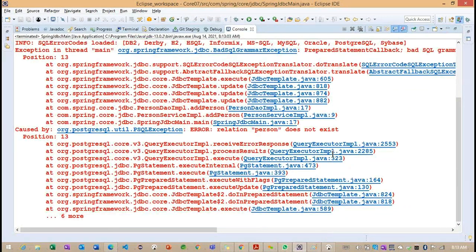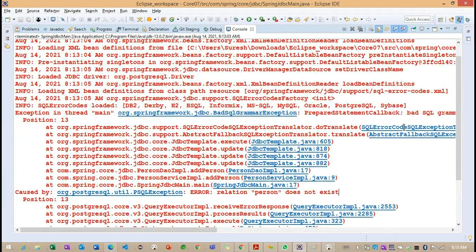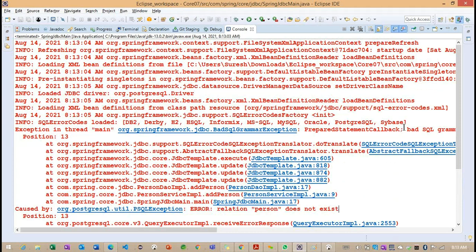Okay, so still we are getting an exception. Now what are you understanding here? Basically, we don't have a table here. Getting the point? We don't have a table here. Now it is connected to our application and it's trying to insert the data, but finally we found that the table is not there in the database. We already identified the table is not there. Now what can we do?